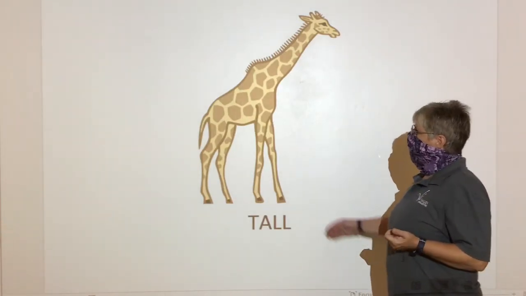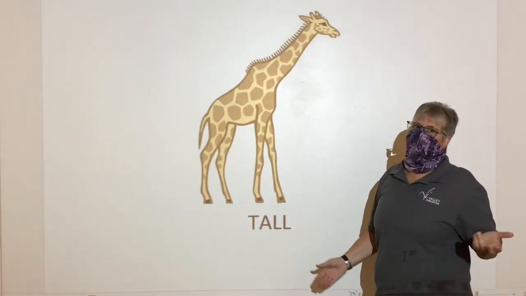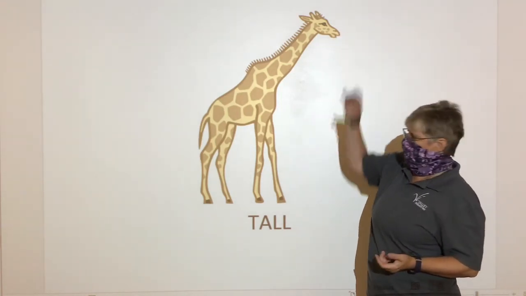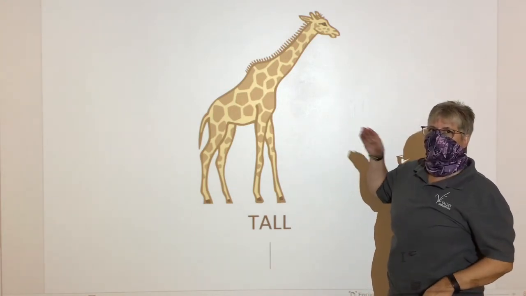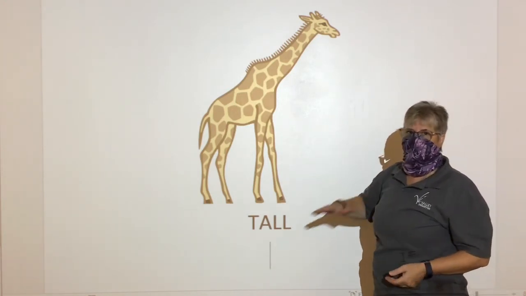Number 11, see here's a picture of a giraffe. Who's been to the zoo and seen the giraffes? They're really what? They're tall. You gotta look up at them. They're real tall. If you're not tall, then maybe you're, the opposite of tall is